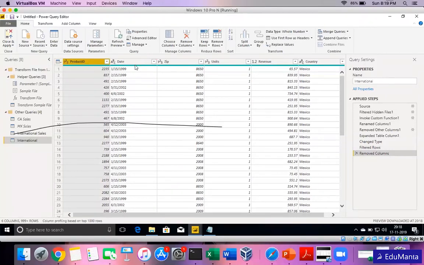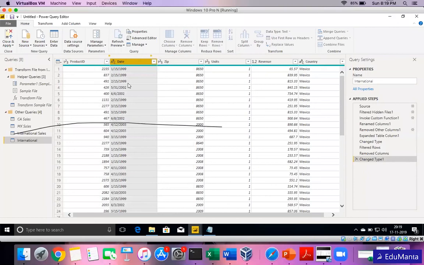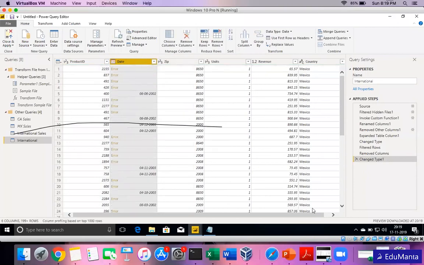For example, what I did, remove columns. You can also select and remove the column. You can just click on this, remove columns. It will remove it, or you can right click. So everything that is possible using the ribbon and right click, most of the options you will see, it's on the comfort level, how you want to use it. So I can just click this column, change type, and I can put the date. So here it will convert to date.